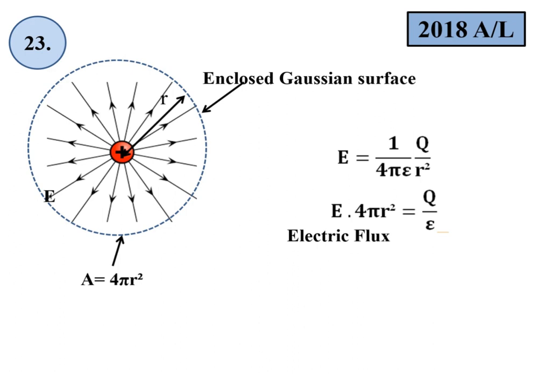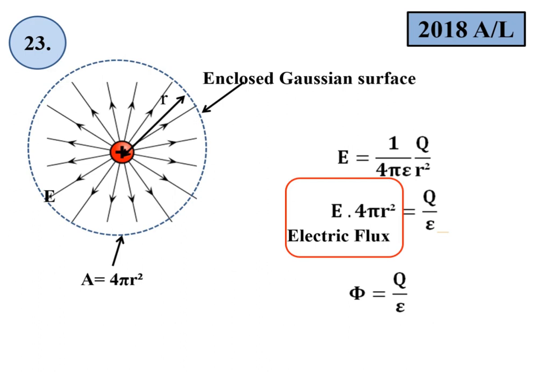So the left side is the electric flux. Definitely, the electric flux is equal to Q divided by epsilon. It's a known equation. For a certain medium, the electric flux psi depends only on the number of positive or negative charges enclosed within the system. So it's clear to you.